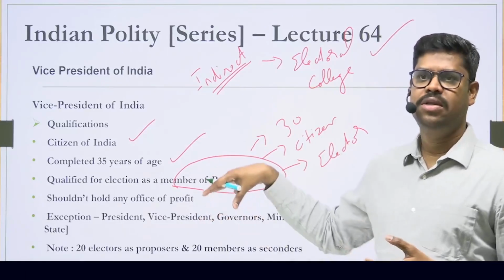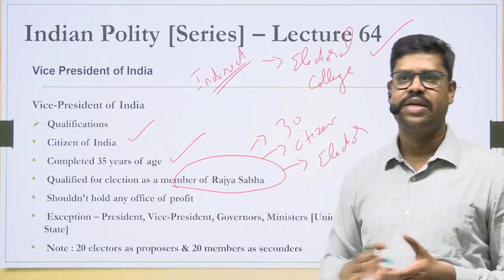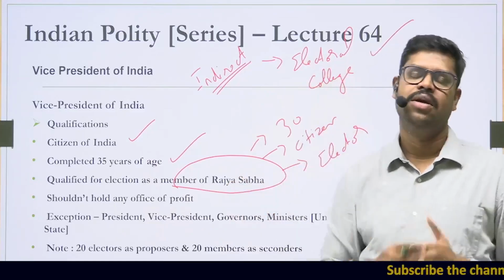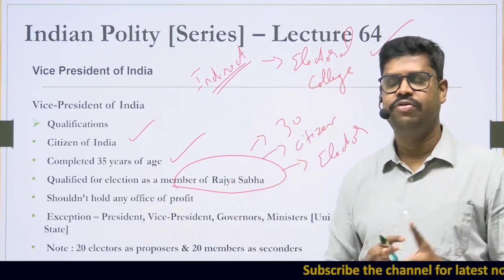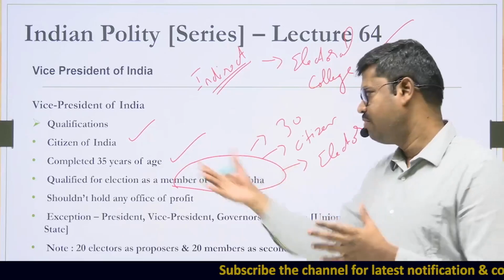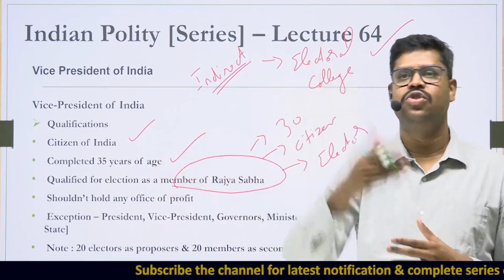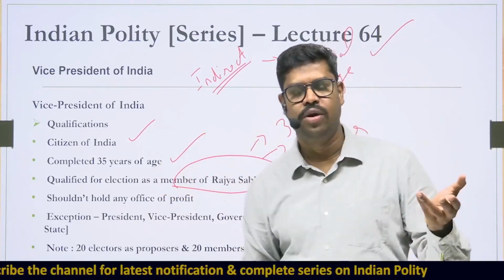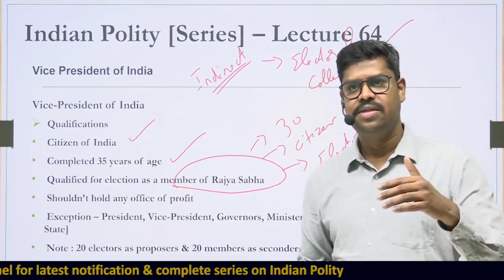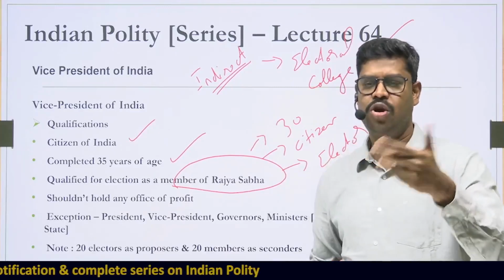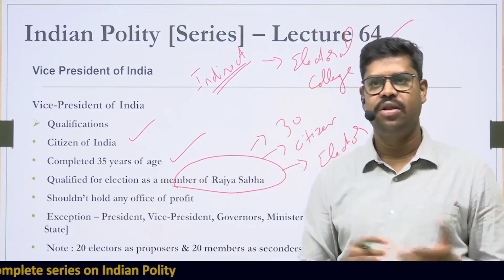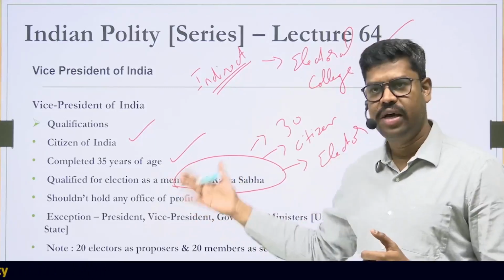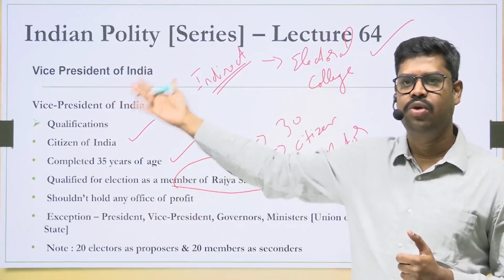And apart from that, the constitution also says any other qualifications as may be determined by law for being a member to contest election to Rajya Sabha, which is in turn a qualification to become elected to the office of the Vice President of India. So apart from all those things, if there is a law, the law can also determine certain qualifications. For example, the Representation of People Act says that to be a qualified voter, they should not be convicted in a court of law. If they are convicted in a court of law, they are not eligible to be a voter. Therefore, they have to satisfy all these things also, and all these qualifications should be satisfied to contest election to the Vice President.